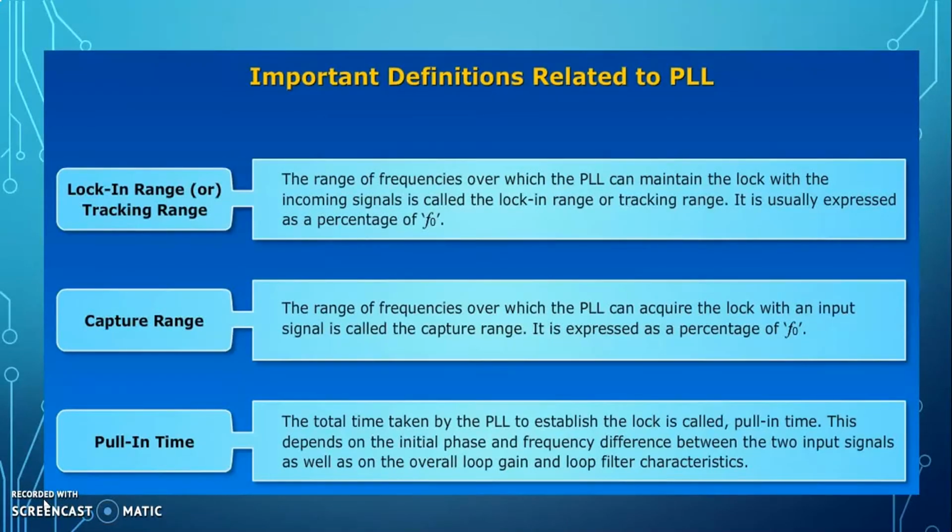Assume initially the phase lock loop is in lock condition. In this condition, the voltage controlled oscillator output frequency is equal to the input frequency. In lock condition, the voltage controlled oscillator output frequency f0 equals the input frequency. Suppose we change the input signal frequency; due to the PLL operation, the voltage controlled oscillator output frequency follows the input signal frequency over a particular range. Such a range of frequency is called the lock-in range.